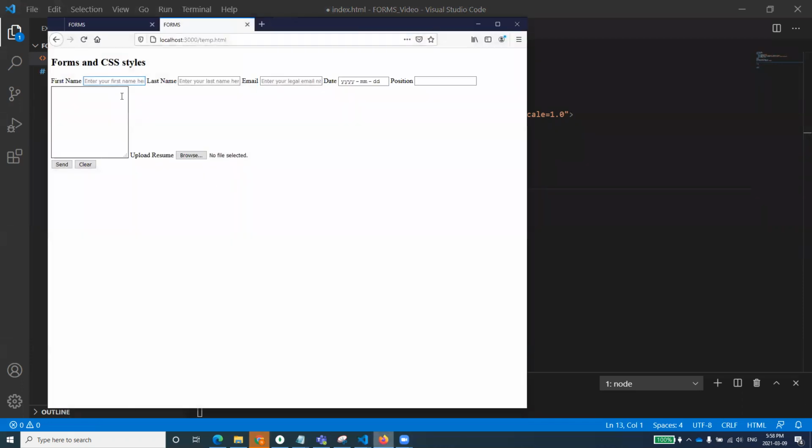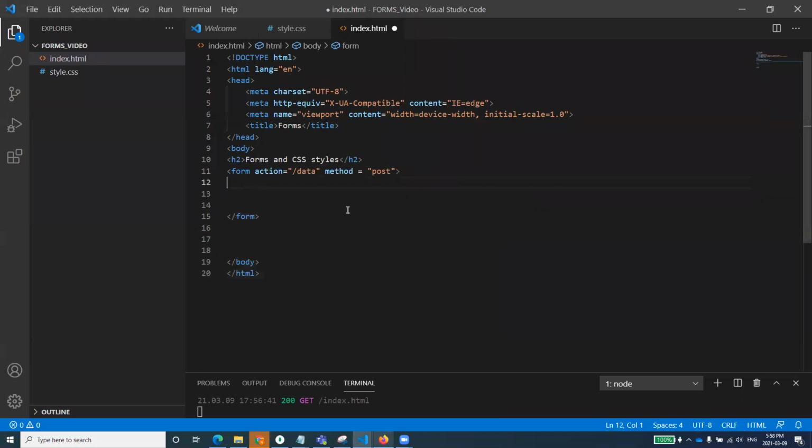If you see that we have to create something like this, first name and this one. And so let me tell you why we create a label. I will just first create a label, and I will call this label first name. Label for is equal to first name, and I'm just placing first name. So why do we create that? We want to make the effective area of our input box larger, so that if someone clicks on the first name label, the focus should be shifted to the first name text box or something like that. I'll let you know after I'm done.